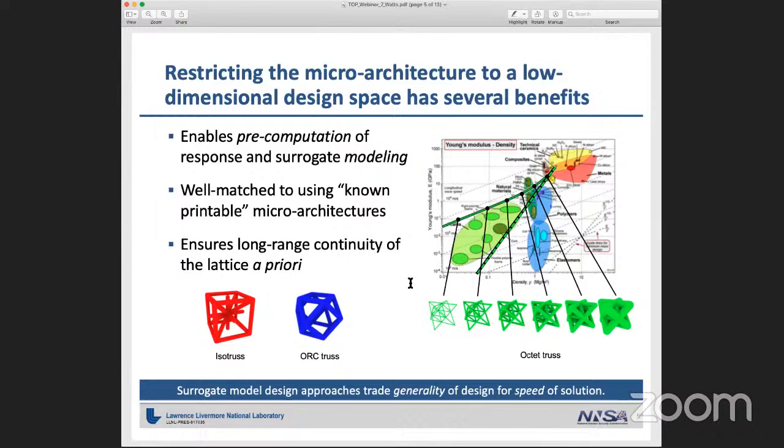And I'm showing here the sort of rod scaling that I'm talking about, from very low to very high volume fraction. This is an Ashby chart showing density on the x-axis and Young's modulus on the y-axis. These points are actual homogenized Young's modulus values, the real response of the homogenized material, versus this dashed line, which is what we assume in SIMP.